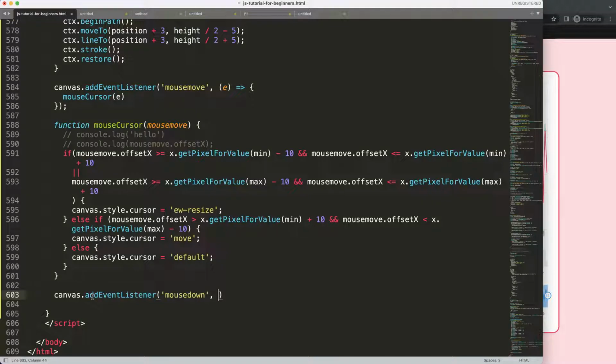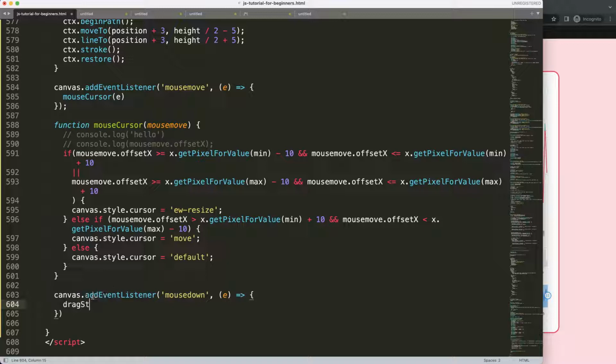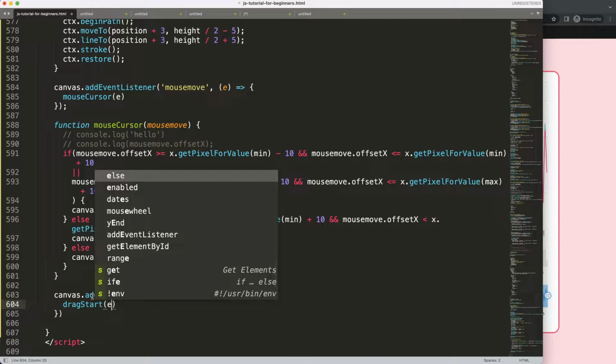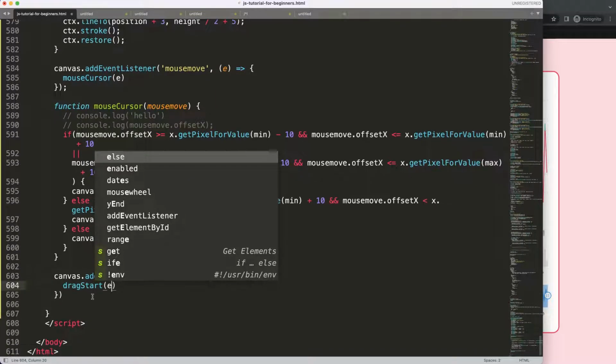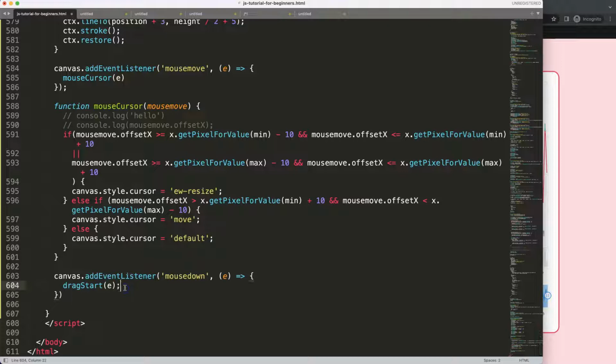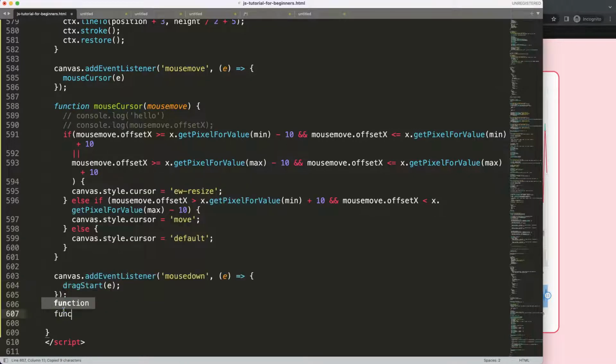So here comma, and then we're going to put in here an E for the event, and then I'm going to say this will start a specific function, and I'm going to give this function the name drag start, basically to indicate the starting point of the dragging. So now we have this one here. So the next thing we want to do here is basically starting the drag start, or at least do something with this function. So we're going to say function drag start, and within this function we're going to say